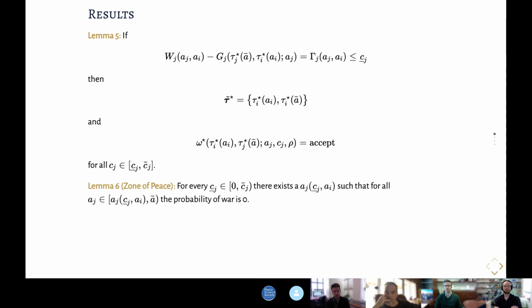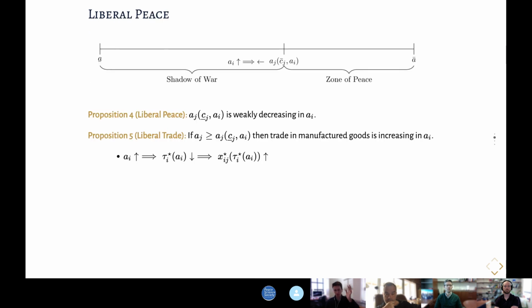So what Lemma 6 says is that whatever lower bound on the foreign cost distribution you give me, I can always find a cut point type AJ of CJAI, such that all bias types of foreign government above that type will accept Home's ideal point, and the probability of war is 0. We can see this a little more clearly in this figure. The cut point here is in the middle of this distribution, AJ of CJAI, and for all governments that are less biased or more liberal than that government,